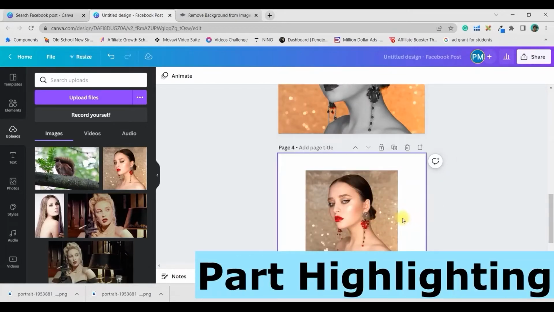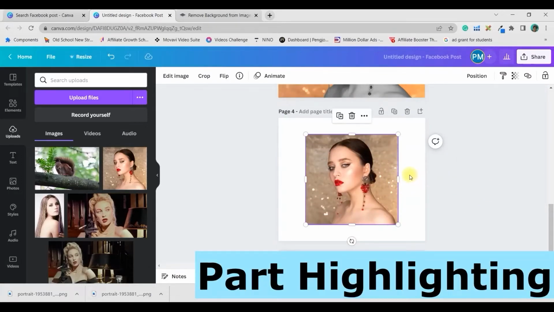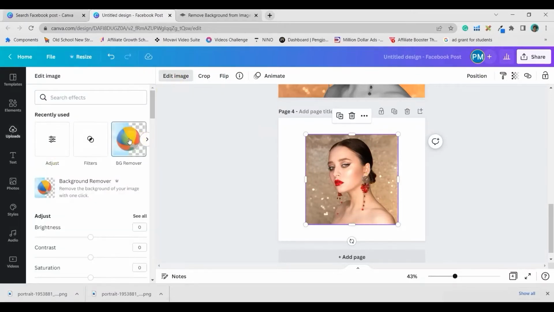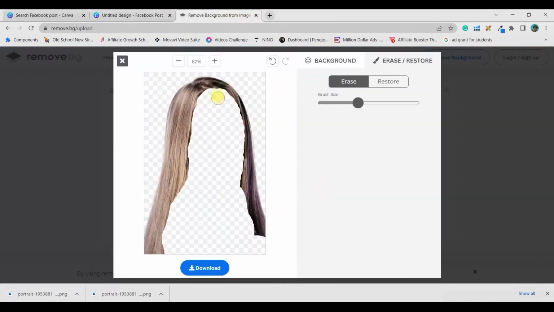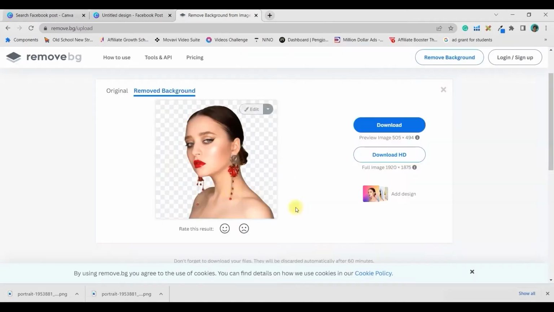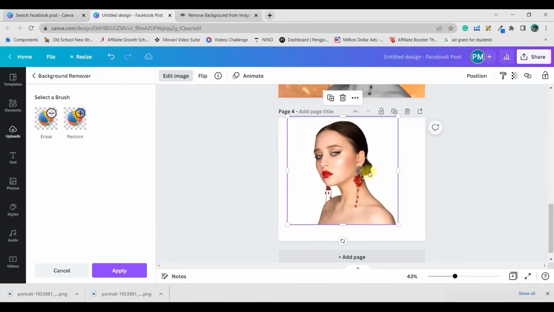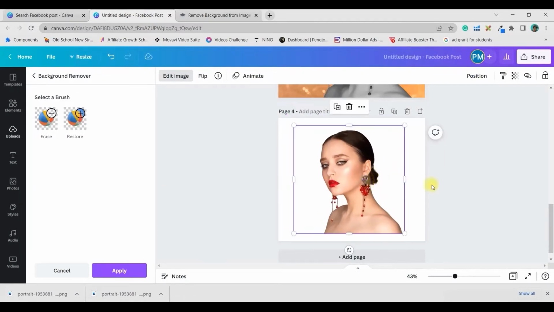So this is called part highlighting. We'll be taking just the lips part, and I will change it. So first things first, I'll have to go for the background remover. So here again, for the free users, I will take the picture and I will remove the background. So once it is removed, for both the cases, once it is removed,